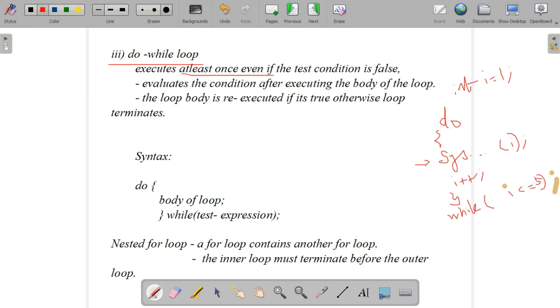So how will it execute? First we have initialized the value I equal to 1. In the do statement, inside this System.out.println of I, it will print the value of I equal to 1, then I plus plus. Now I is increased to 2 in the memory. Then next it will check while I less than or equal to 5. Is the condition true? Yes, if it is true,